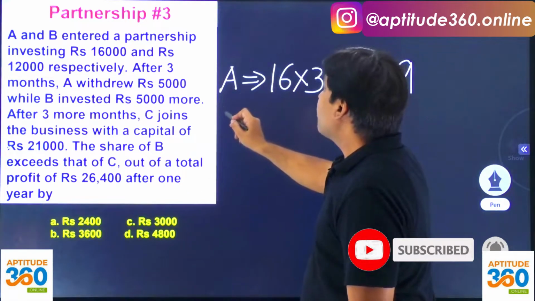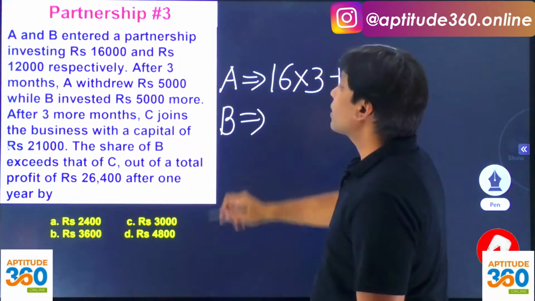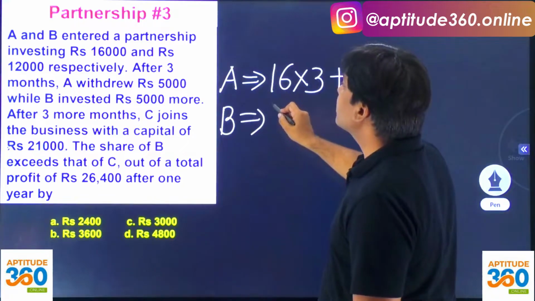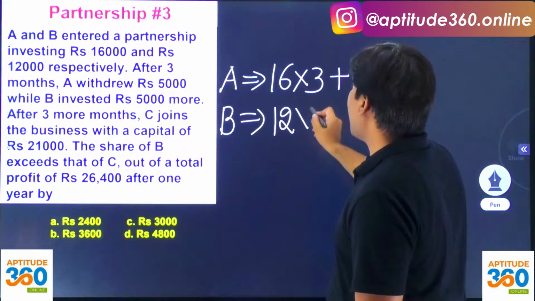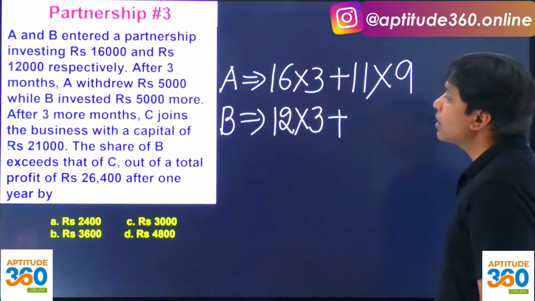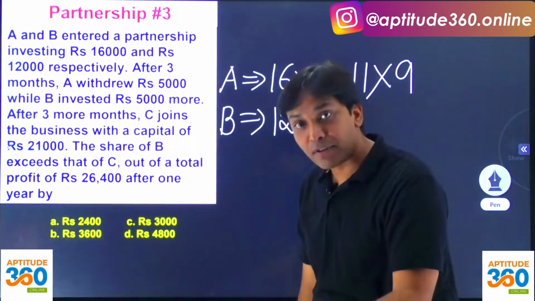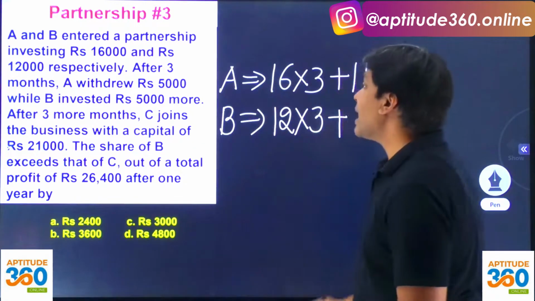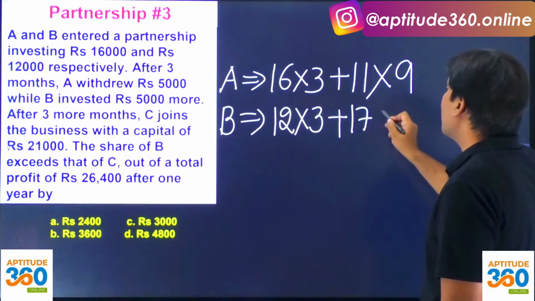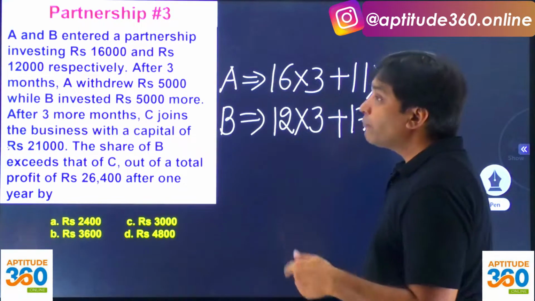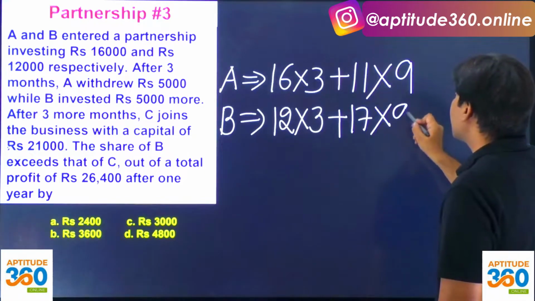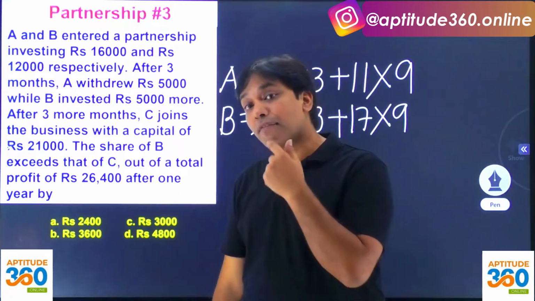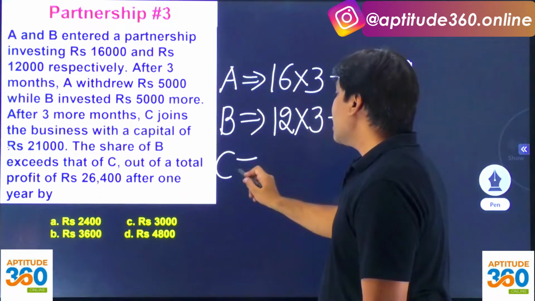Now let us talk about B. B started this business with 12,000 rupees, isn't it? And after 3 months B has further invested 5,000 rupees. तो भाई 12,000 तो पहले से ही था. Now 5,000 rupees additional amount that B has brought. So total amount that B has invested 4th month onward is 17,000 rupees. And after 3 more months, so after 3 more months का मतलब कितना हो गया कि बिजनेस अगर